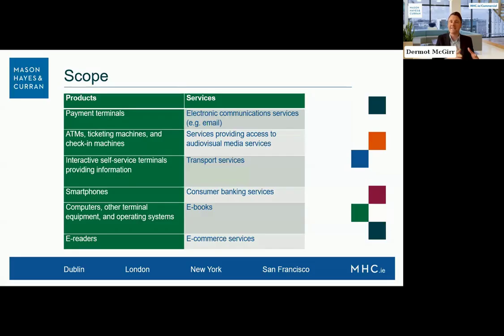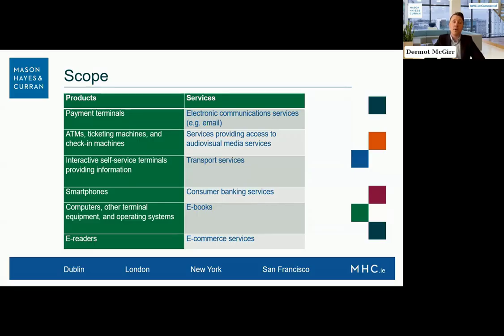And what I'm going to do is step through some of the key issues of the EAA to do that. The first issue I'm going to talk about, which is the slide on the screen there, is the scope of the legislation. Anybody who's heard me talk about the EAA before will have heard me say that the EAA is not a general accessibility standard. It is rather targeted at a specific list of products and a specific list of services, which are on the slide there. And simply put, if you're a business who isn't involved in one of these products or services, you don't need to worry about the EAA.